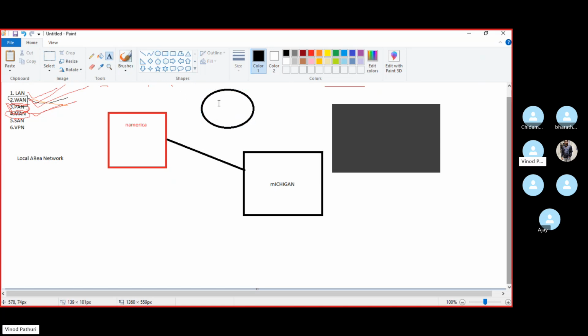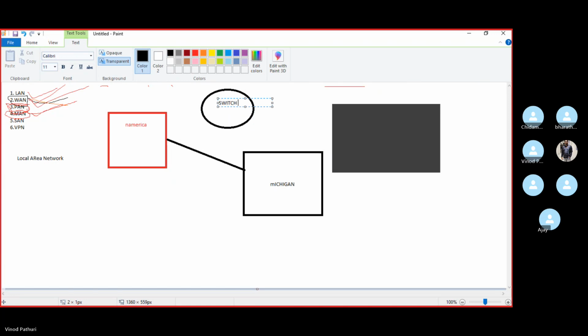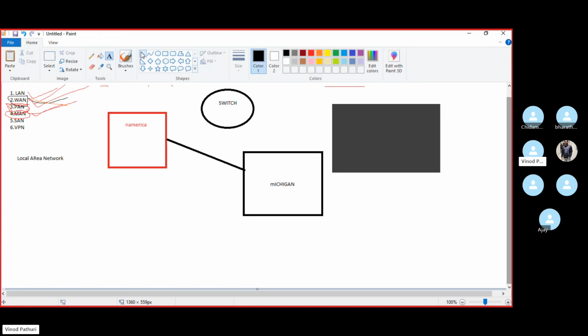So what he will do, he is the switch. He will be the mediator between these two branches. He will connect a cable with this switch in the North America region, and in the Michigan region they will connect a cable to our DC also. So we don't have the cable directly, but we have an intermediate device called a switch. It is a dedicated company that provides these kinds of services. Okay.